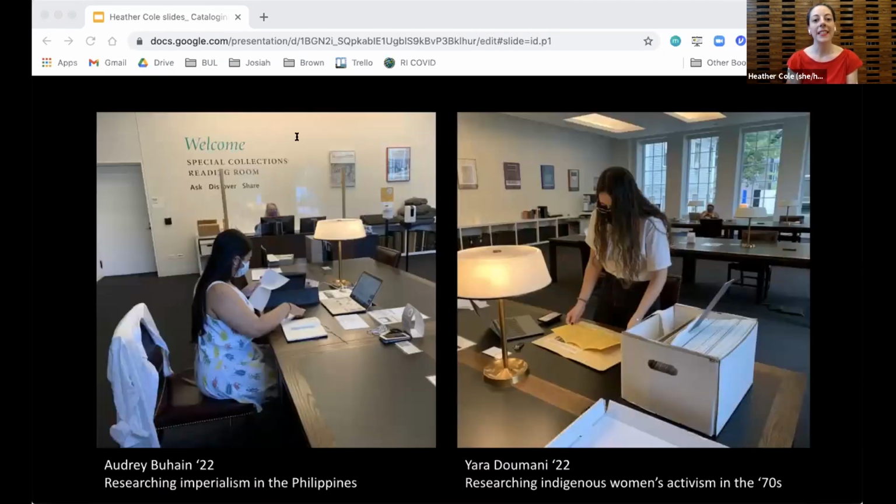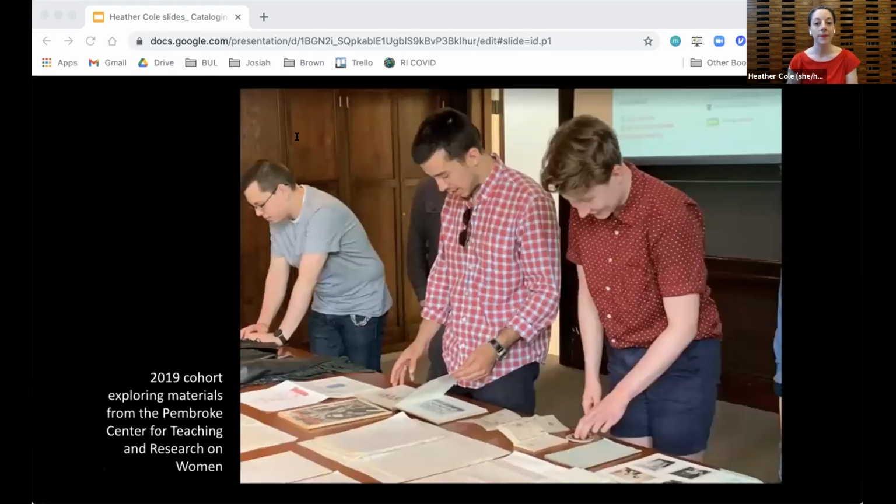I created the library's undergraduate fellowship program to encourage self-directed exploration of special collections. Now in its third year, the program serves as a primary source research bootcamp, allowing students to develop projects over 10 weeks in the summer. Mentored by library staff and supported by the cohort of fellows, the students produce high-quality, innovative research. Some projects are traditional research papers and might become senior theses. Others are creative. We welcome and support both equally. What matters is that students engage closely with collections to produce something meaningful.